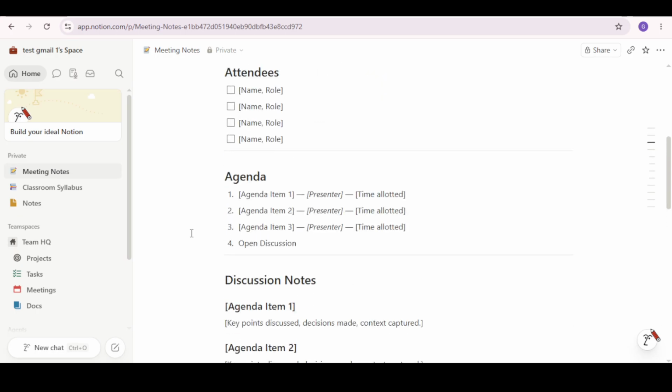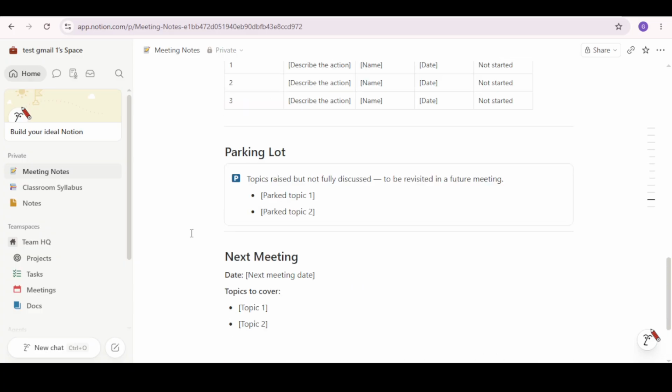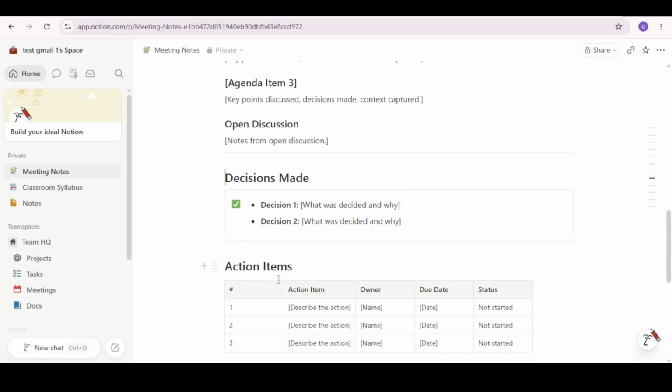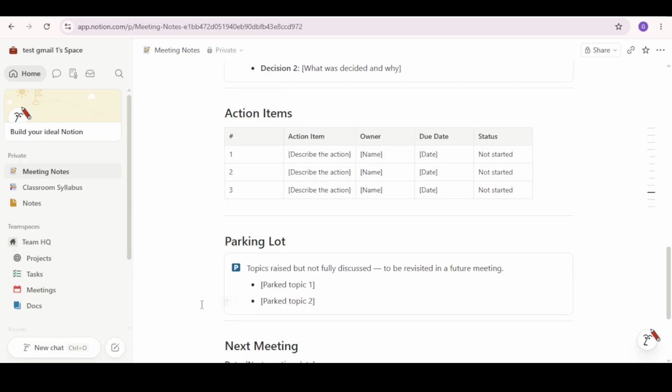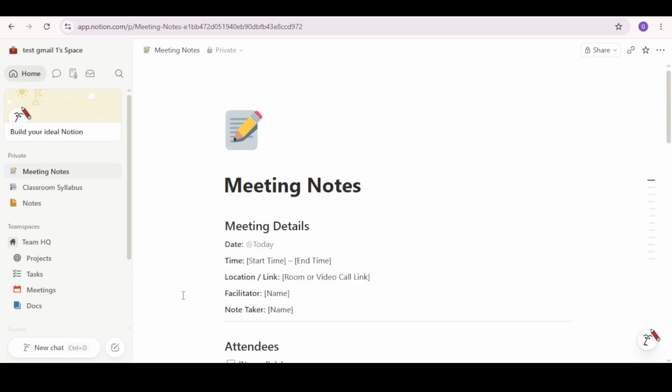By utilizing these methods, you'll be well on your way to harnessing the full potential of Notion for your meeting management. Feel free to explore additional Notion features to further customize these setups to suit your personal workflow. Happy organizing, and I hope this guide helps you navigate your meetings with clarity and